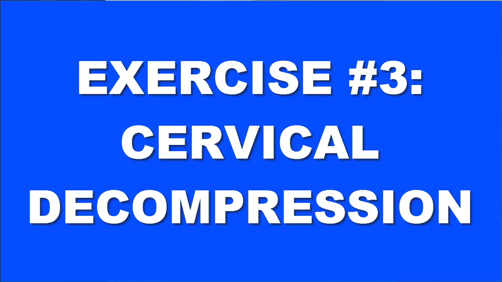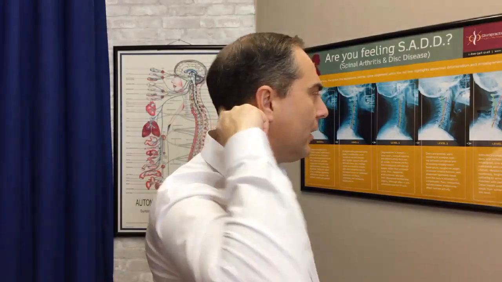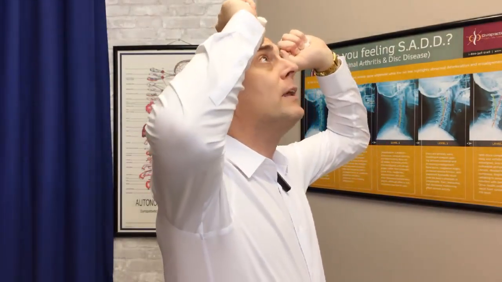Exercise number 3 is going to be a self cervical decompression exercise. You're going to need a towel about this length, maybe even longer. You can use a scarf as well. And you're going to hook the towel from behind here under the occiput, okay? So take your towel, hook it under the occiput, look up to the ceiling, and then pull towards the ceiling so you're distracting the cervical spine upwards. And as you do that, sink your body to the ground, okay?